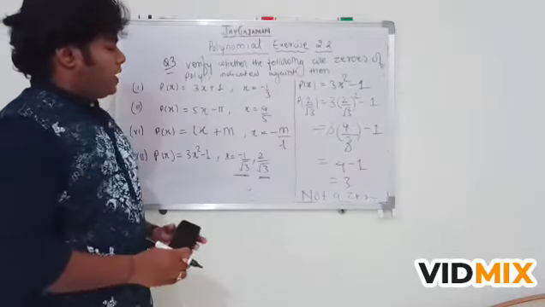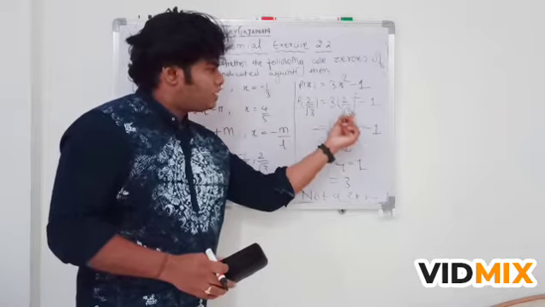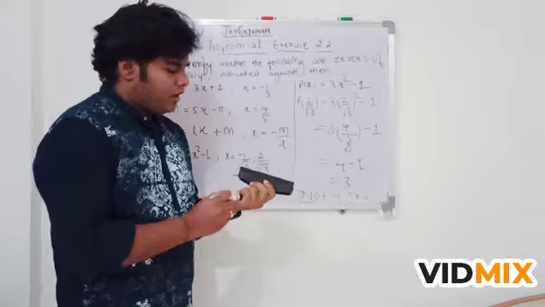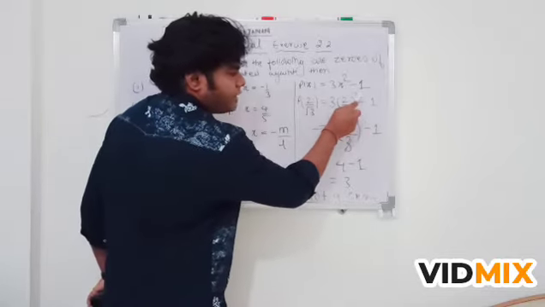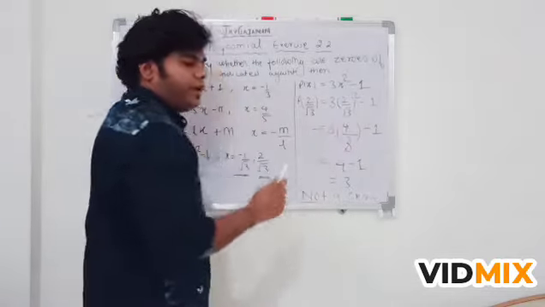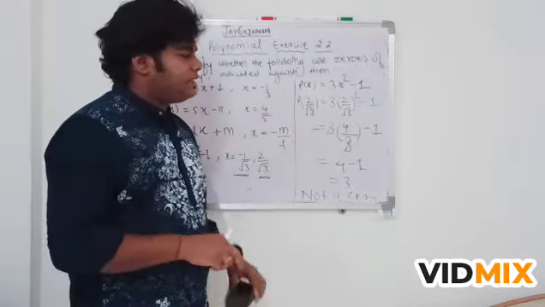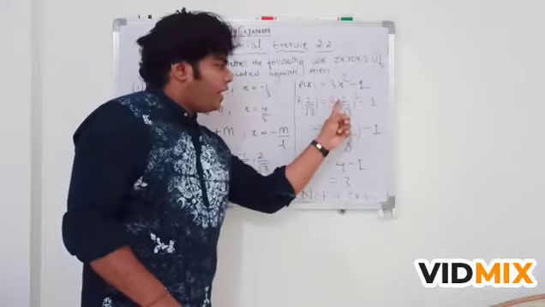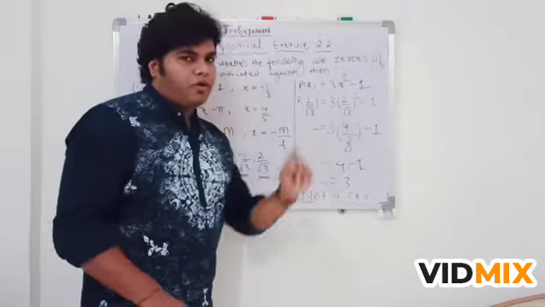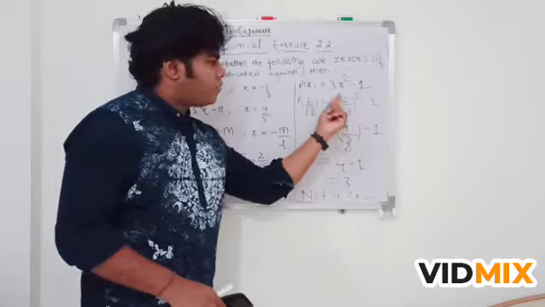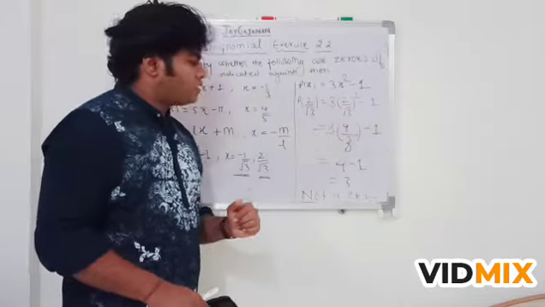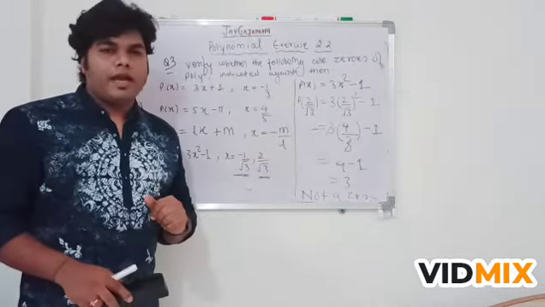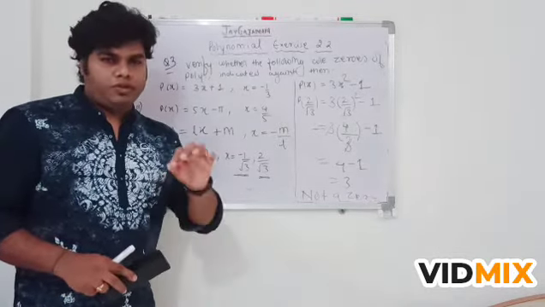Some of the students will have doubt in this square of 2 by root 3. Whenever there is a question like this, we first take the square of the 2 and also the square of the root 3. If you remember laws of indices from last year, a upon b to the power m is equal to a to the power m upon b to the power m. That is why I have taken the square of both individually. In this way we have solved these 4 problems. You try the remaining problems. If any doubt, please do comment. Thank you.